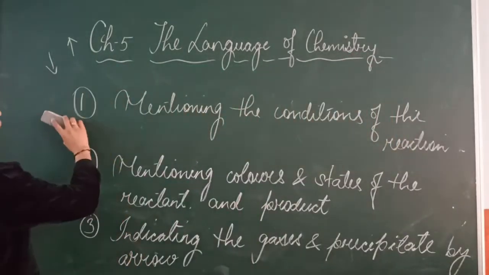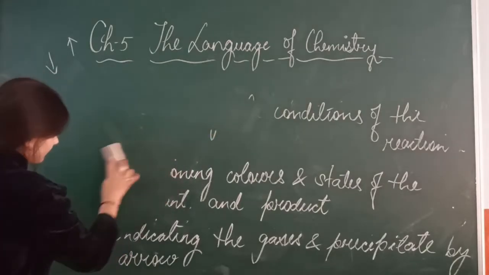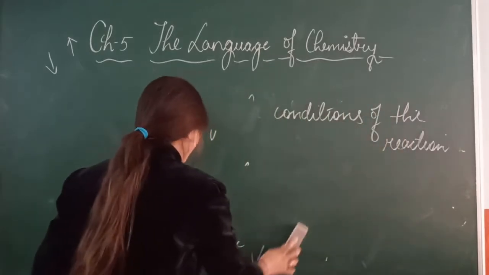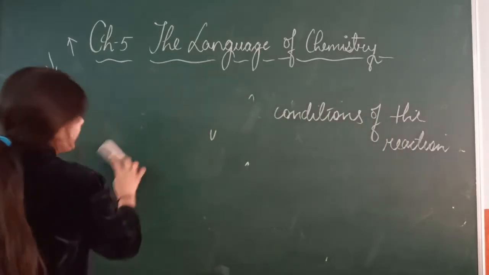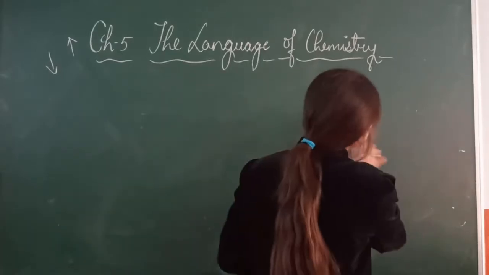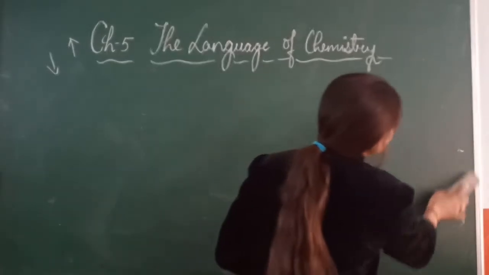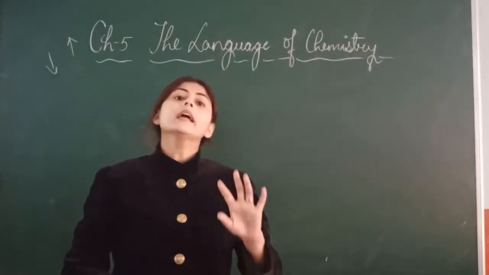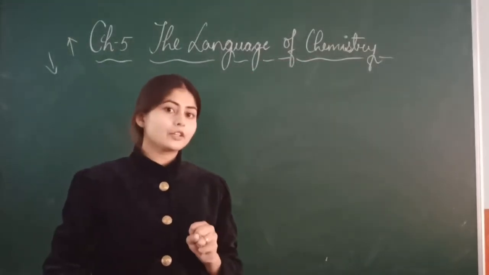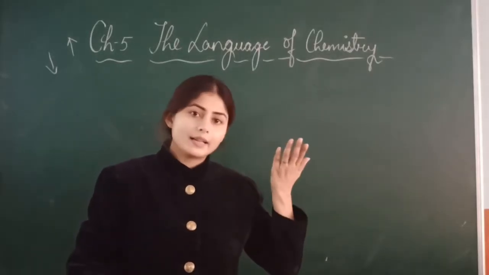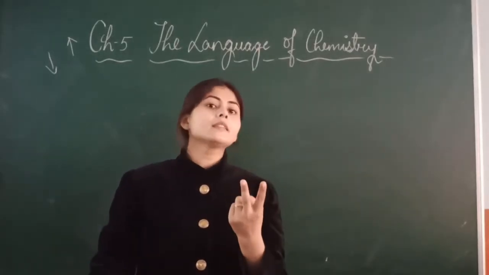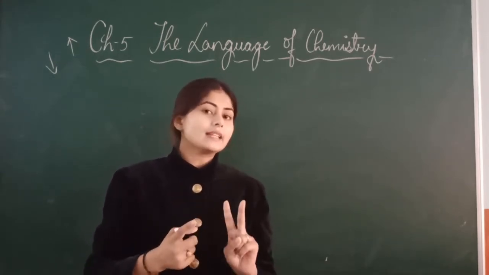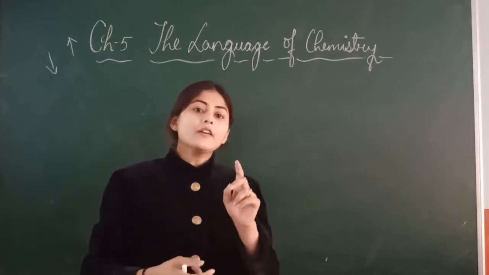Now next, I told you that the atoms rearrange themselves in a chemical change to make the new products. If a chemical change takes place, then energy is either absorbed or released. Energy is either absorbed in a chemical reaction or it is released or given out. So for these two things we have terms to define them, right? That is exothermic and endothermic.